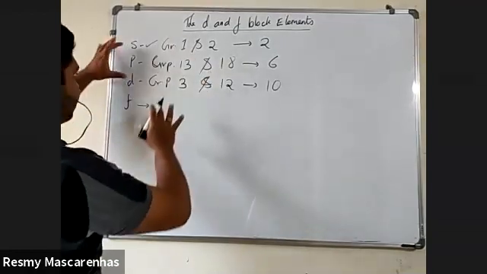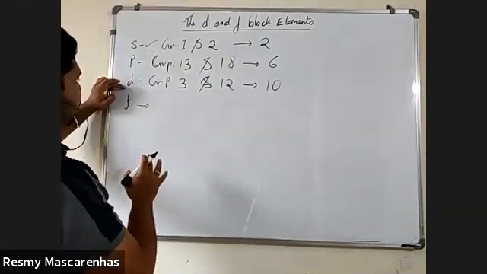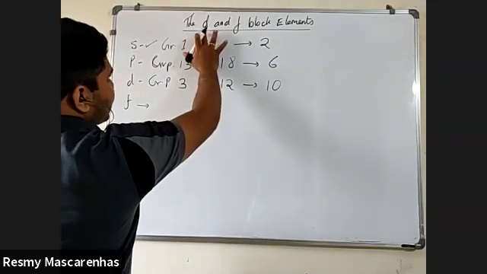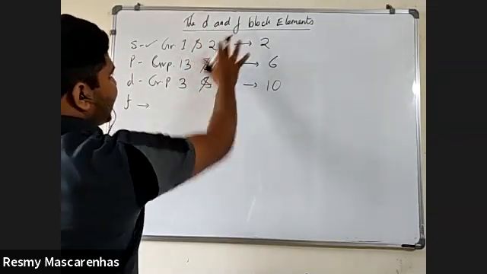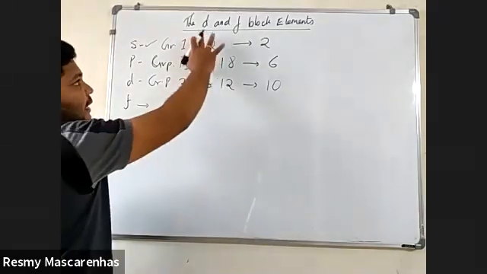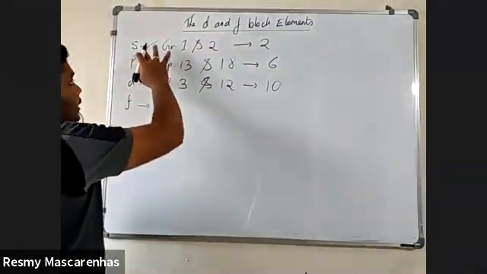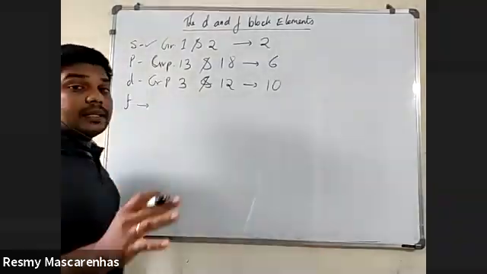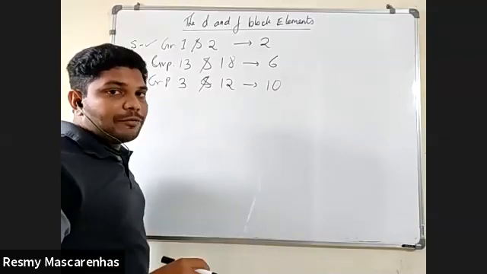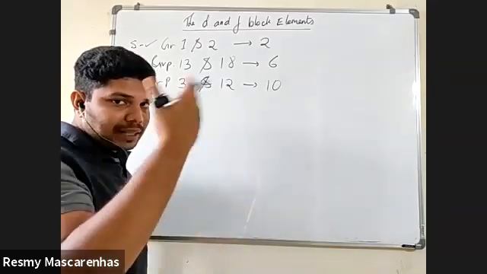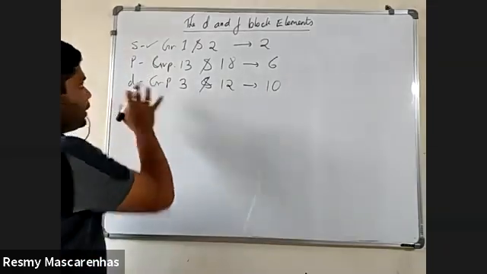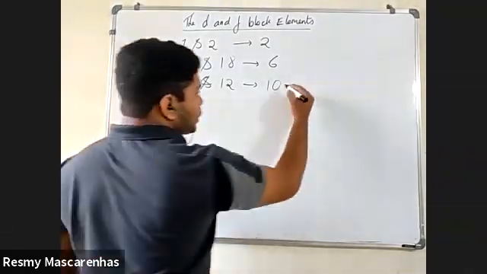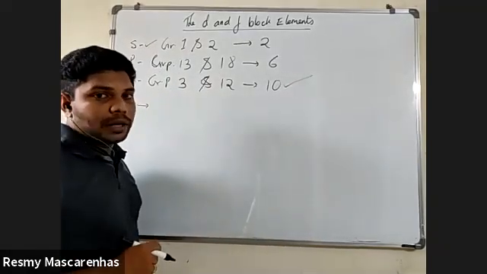Now first we will see with respect to d orbital, because in this chapter, first of all, you try to understand that we are going to study here d and f block elements. That means d and f. S we have studied in the 11th standard. P block is there for you in 12th standard, but we will see it in the last. Okay, d we are going to see now, and f we are going to see now. So first we will study more about the d block elements.